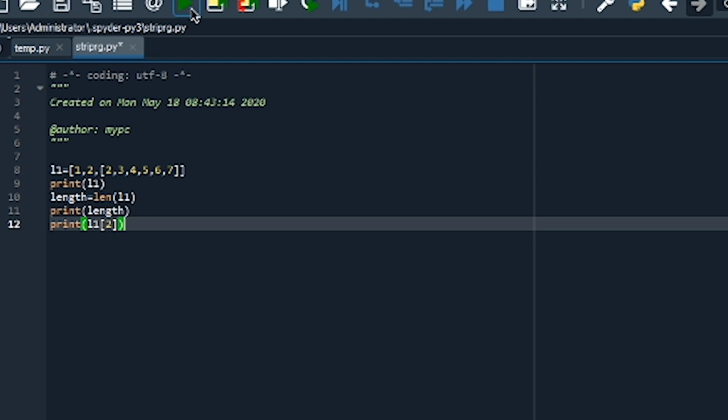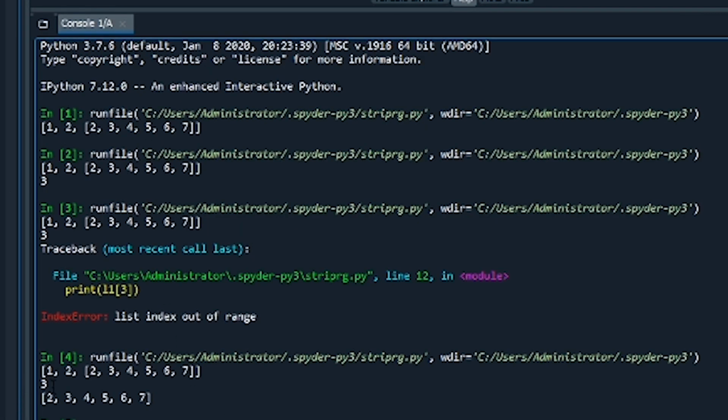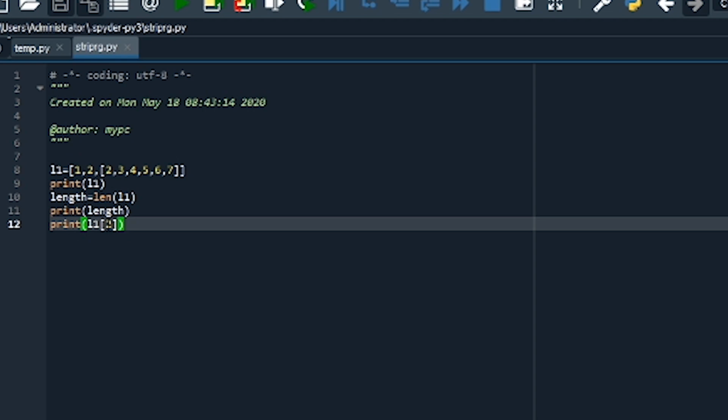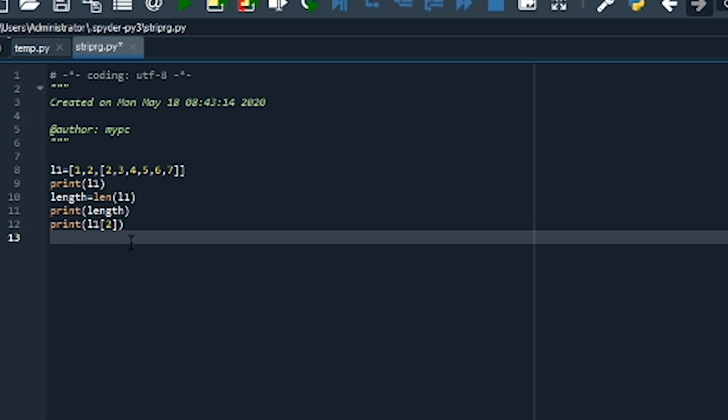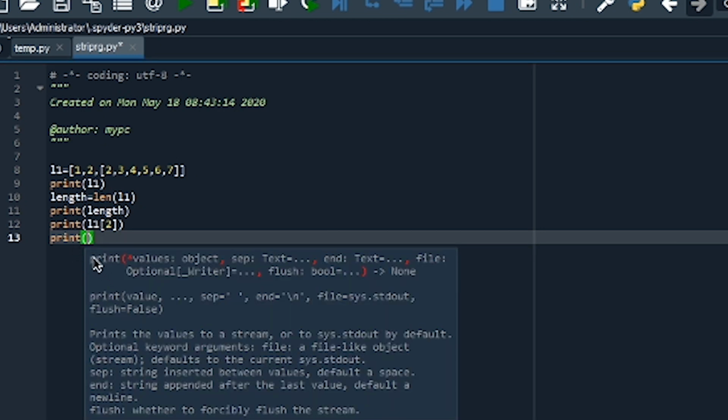So now run it. Here you have seen that only 2 3 4 5 6 7 is coming. Why? Because we have mentioned the second index, and in the second index position this list is there, so this is being displayed. And now what to do if we need to display the second element, that is the second index, third element?